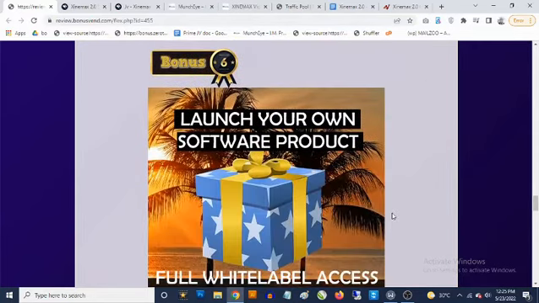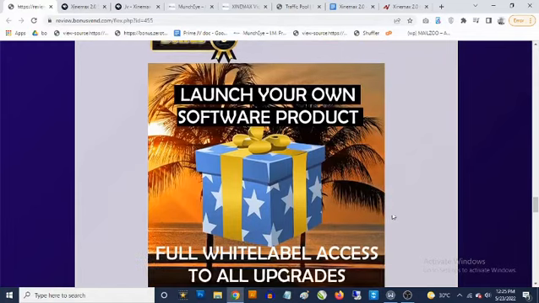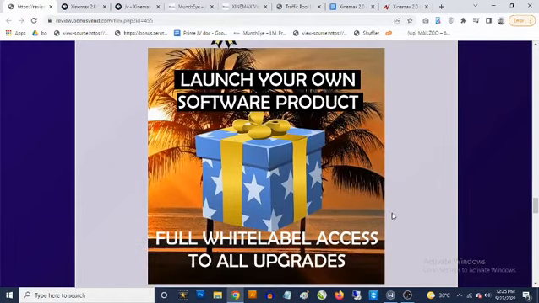Bonus number six, you're going to be getting access to software products with white label rights. Not just the front end, you're going to be getting access to all the upgrades, upgrade number one, number two, number three, number four, which you can then customize, launch as your own product on Warrior Plus, on JVZoo, or any other affiliate network. Completely own these, and actually, you can give this away to build your own list,